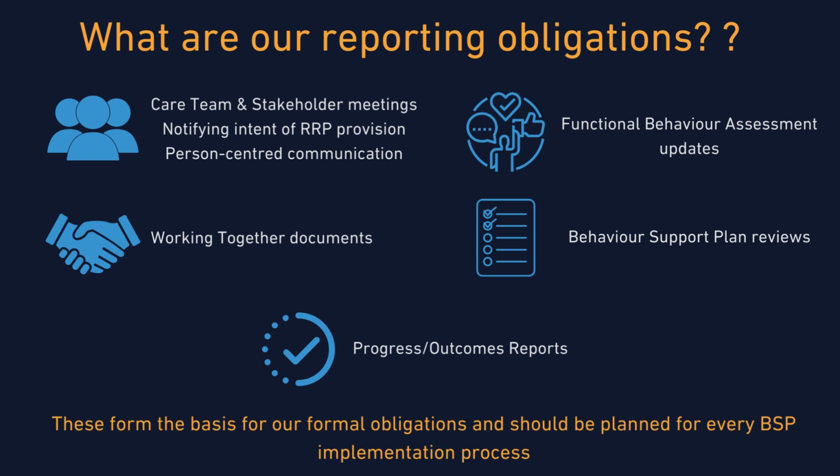We know that we must provide regular support plans and working together documents that detail and create transparency in how we are allocating and using participant funds. And we need to update our functional behaviour assessment and our behaviour support plan at least annually, but more frequently in some cases, and these update processes are ongoing and continual throughout the 12 months. We also need to provide progress reports at the end of our funding cycle to ensure additional funding cycles are available and to make sure that the plan available for the person is adequate and effective.